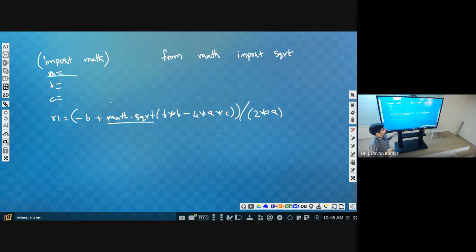In other words, in math we can have several functions. In one particular module we can have several functions. Out of those, if we want to import only one particular function or two functions, then we can specify that function, so that only that will be loaded, only that will be imported. Understand? So here from math import sqrt, only sqrt we can use. Not other functions. That's what we are indicating. And here we need not use math.